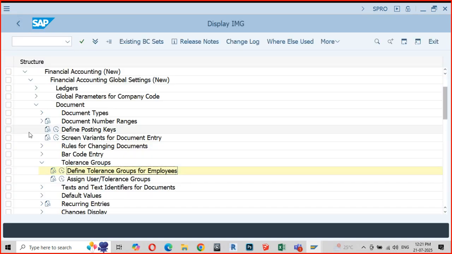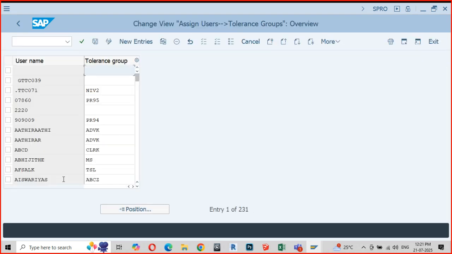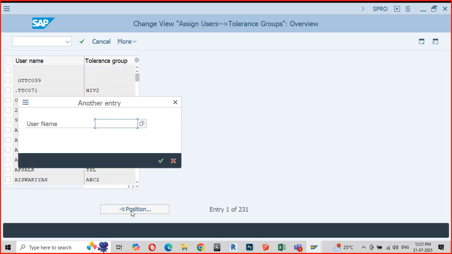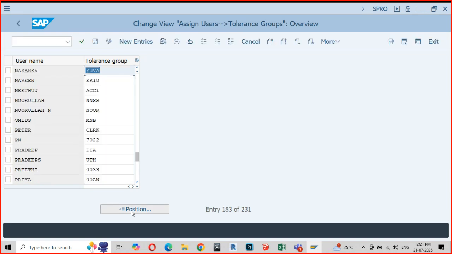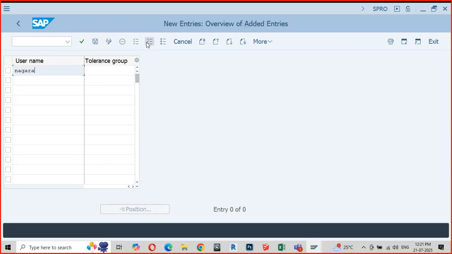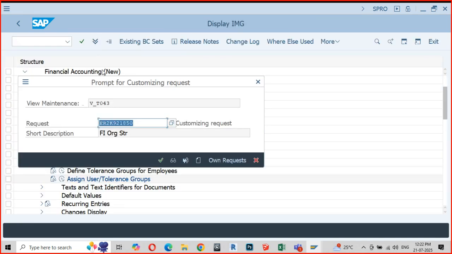Now I'll assign this particular tolerance group against my user ID. So I'll go to new entries and assign. I'll save this. So now I have assigned my restriction to the tolerance group.